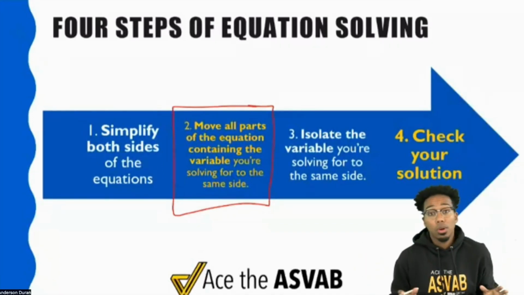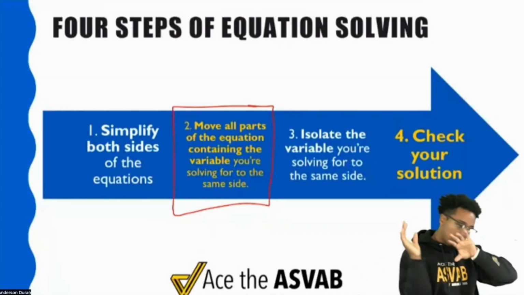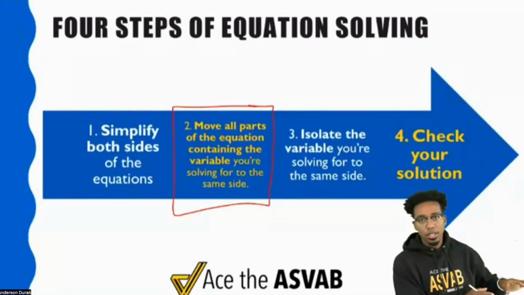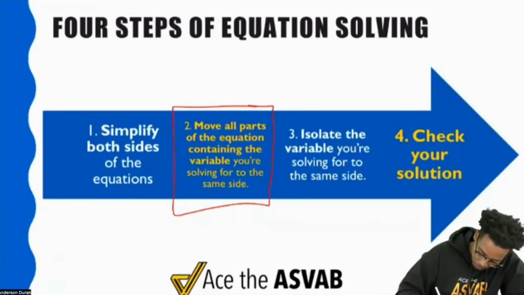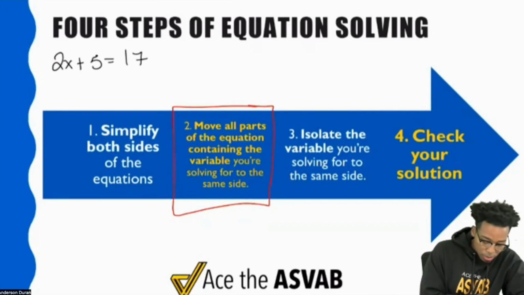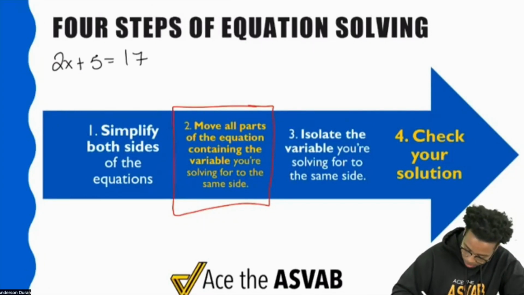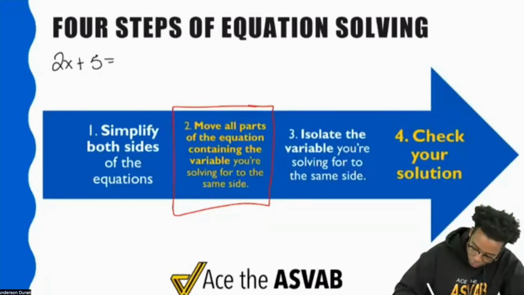And all the regular old numbers, make sure that those are by themselves on the other. So for example, you need to make sure that if your problem starts like this, let's say 2x plus 5 equals 17, or actually, let's make this a little more illustrative. So if we have 7x plus 5 equals, let's say, 3x plus